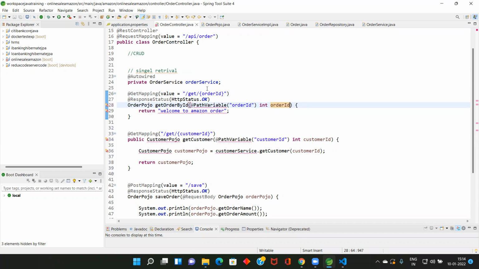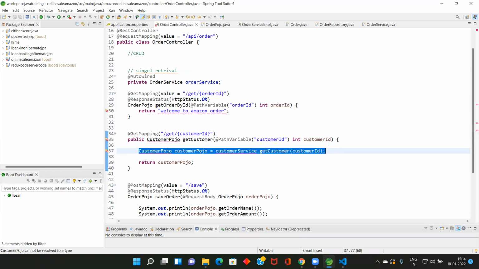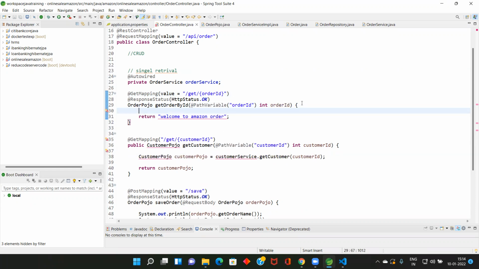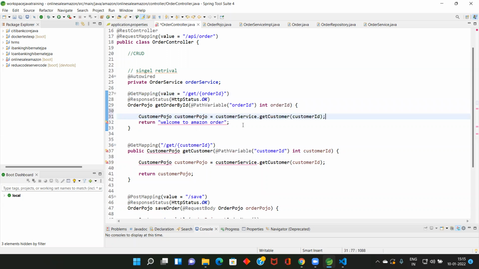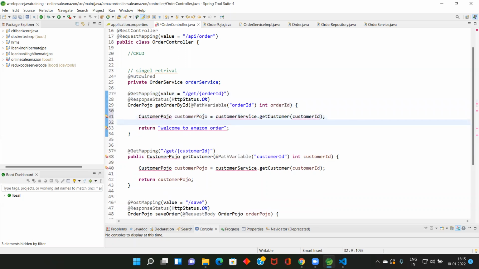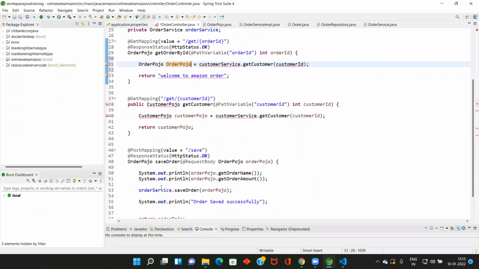Okay, path variable. Control Shift O, Control S. Then OrderPojo here, Control C. Sorry, customer service.